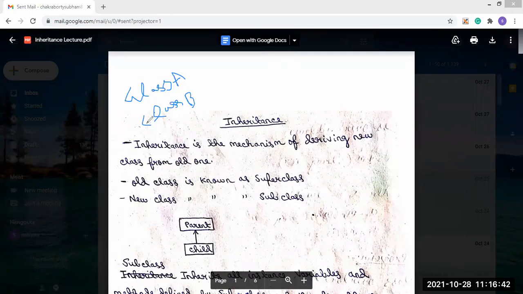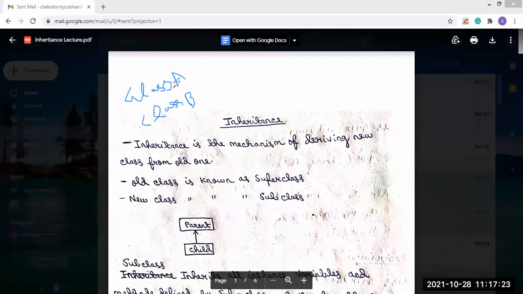Inheritance is the property that class B derives a new class from the previous one. That means class A can contain some properties or behavior, and these properties and behavior will also be present in class B. That is the concept of inheritance: reusability of the code.